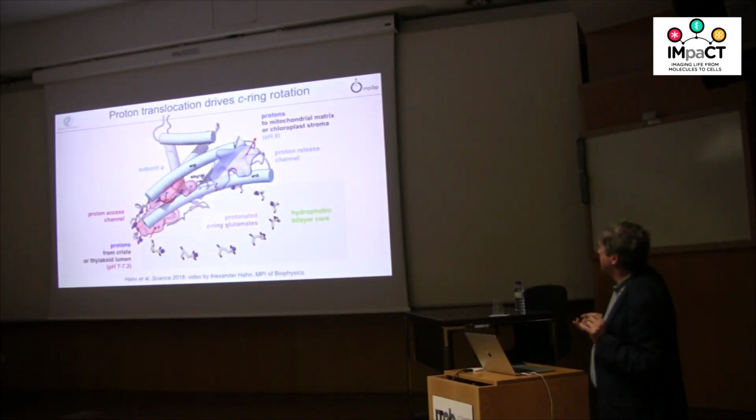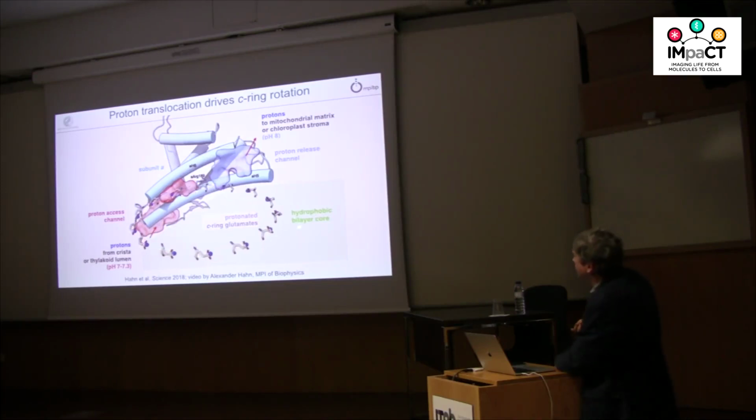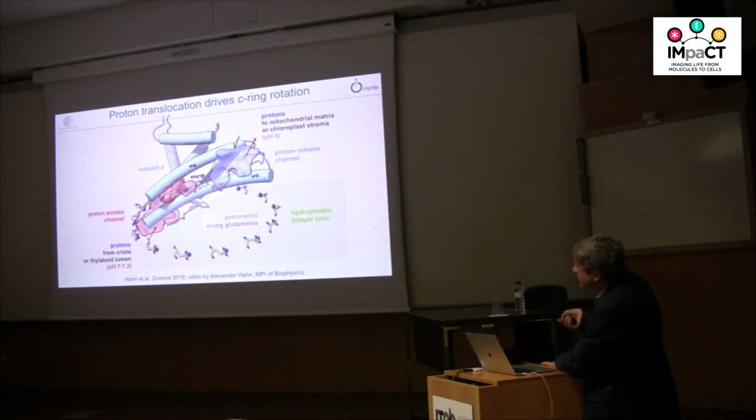And that's why it's so highly conserved, and that's how the whole machine can work. So this is what it is. We have protons coming in, protons being blue in this case. They protonate the glutamates, in this case 14, because this is the chloroplast ring, which has 14 subunits, but the principle remains the same. They protonate the glutamates, become less polar, and can partition into the hydrophobic lipid core until they encounter the exit channel, and then they diffuse off to the matrix or the stroma of the chloroplast where the pH is high. So they want to be there. They don't want to be here, but they want to be there more than here. And this is what drives